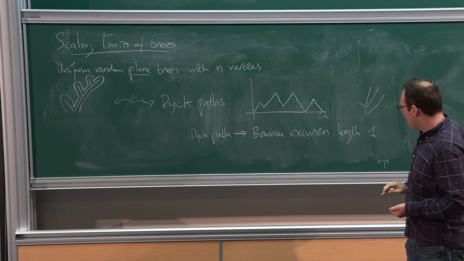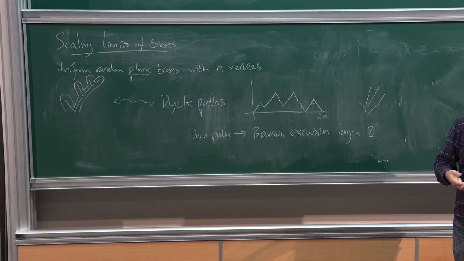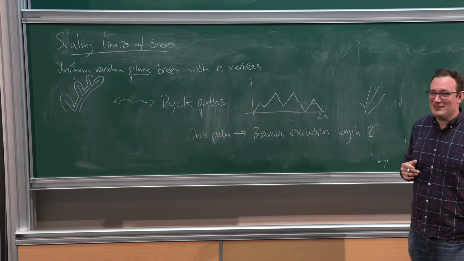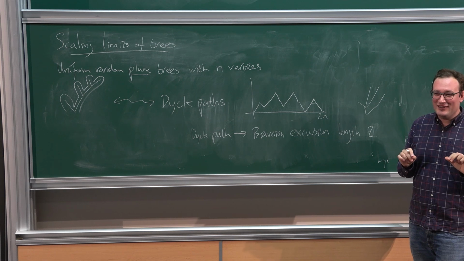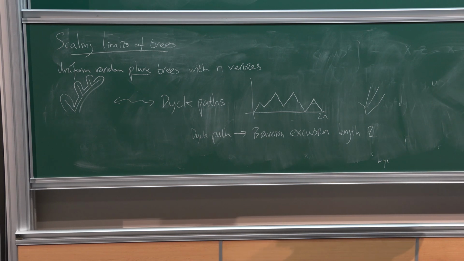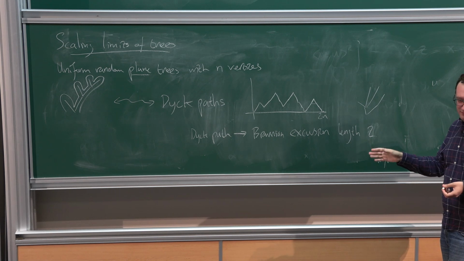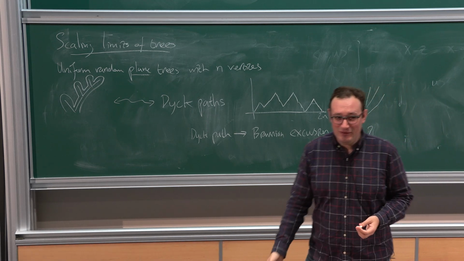Actually, it's convenient to take it to be length 2 for some of the things, but this leads to differing conventions about what you scale by. Nicolas yesterday at lunch told me that he spent, I'm sure he was exaggerating, a year figuring out all these issues about whether to include factors of 2 or not in his book in the various places. It turns out that scaling it to have length 2 makes a lot of the formulas nicer, but it's maybe not the most natural thing, so you can do it either way.